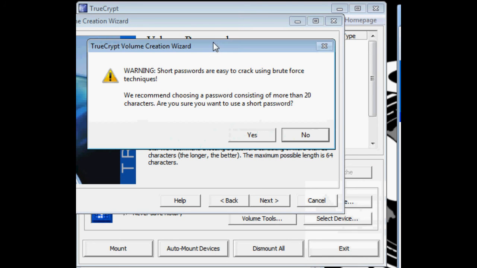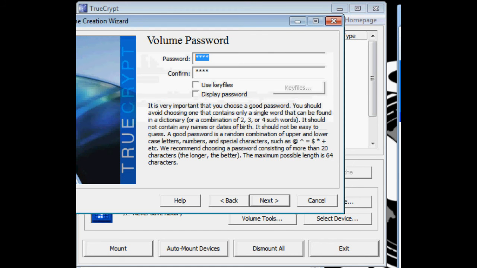Here is a warning, so you should make 20 characters or more. This is encrypted. Wait, this is encrypted. This is encrypted. Then choose next.